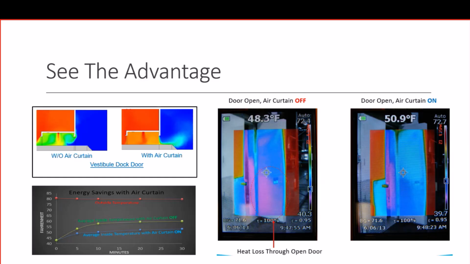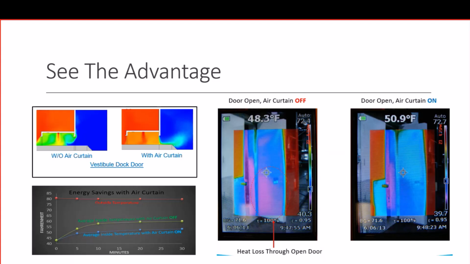Again, in the image on the left side, you can see the pink color on the bottom side. That's the cold air leaving the freezer. The cold air is heavier, it sinks to the floor and slowly migrates to the outside. And when you turn the air curtain on, you see that the pink color, which denotes the cold air, is kept inside the freezer. And this clearly shows visually how an air curtain can minimize the cold air from escaping